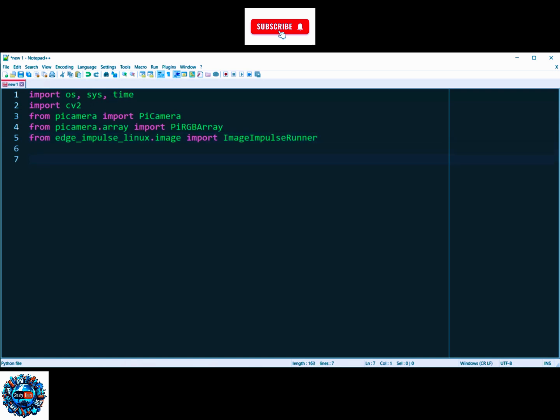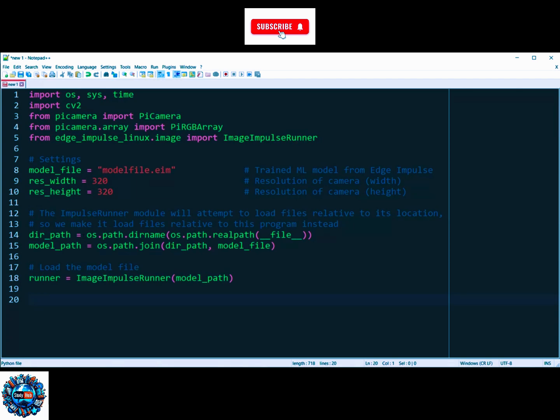As we've done before, we're going to need OS, System Time, OpenCV, the two PyCamera libraries, as well as the Edge Impulse runner. Notice here that we're using specifically the image runner, which is different from what we saw in the dense neural network, as this one allows us to extract features from images. From there, we're going to need to load in our model file that we just downloaded, and we're going to need to set the resolution, width, and height, which I will keep to 320 by 320, which is what the model expects. As we've done before, we're going to load the model file,